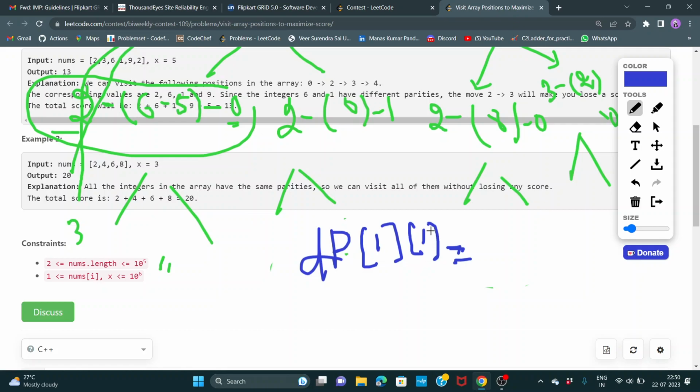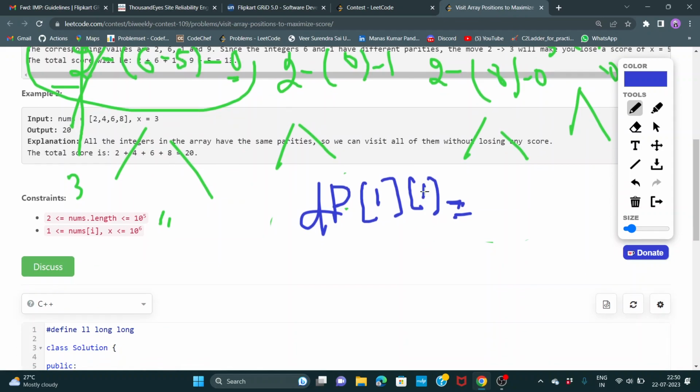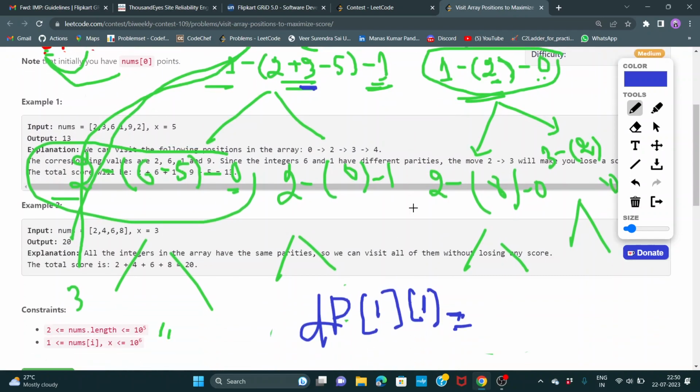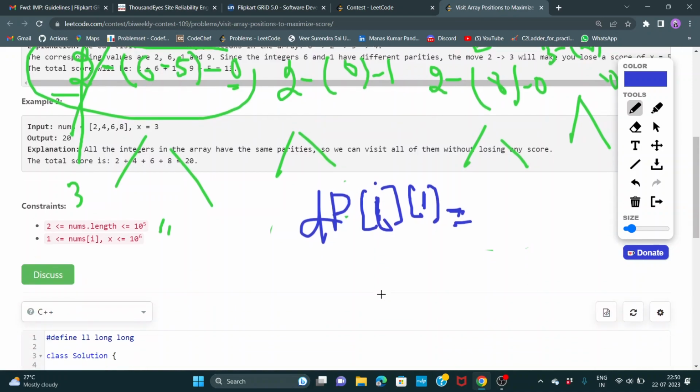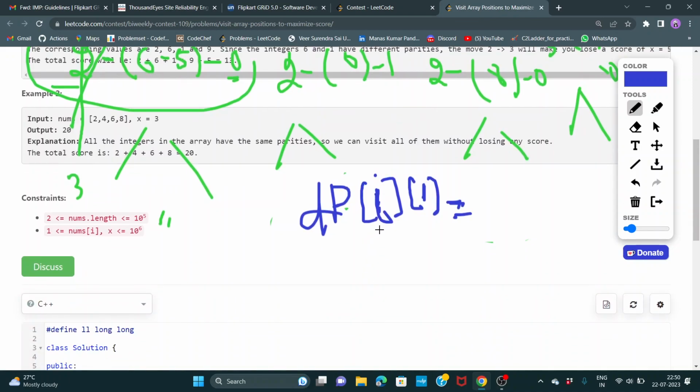if I am considering to take the current position value, because it depends on the parity. So what is the current position parity? So basically what is my dp state? Just a second. This is i, this is going to represent my index value. So this value varies from 0 to n minus 1,